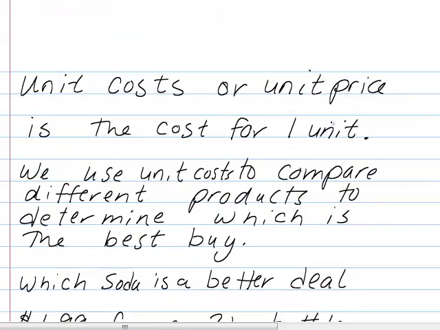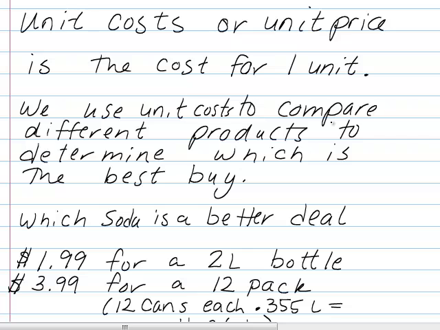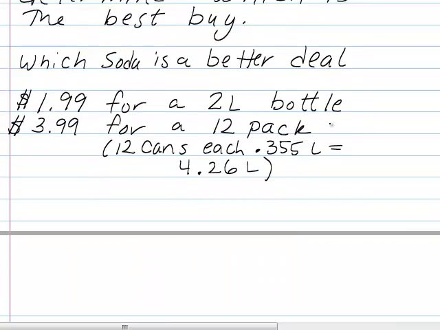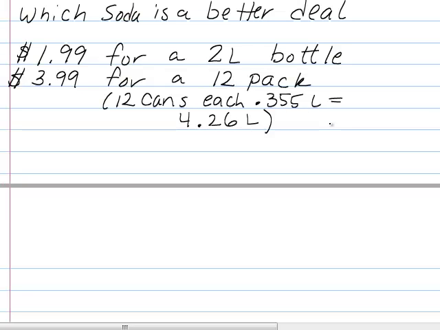Another unit rate that is common for us to look at is unit costs or unit prices. And this is just the cost for 1 unit. We use the unit cost to compare different products to determine which is the best buy, which is more economical for us. So here's an example that we're going to look at right now. Which soda is a better deal? Is it better for me to spend $1.99 for a 2-liter bottle of soda, or $3.99 for a 12-pack of soda? A 12-pack is 12 cans, and each can has